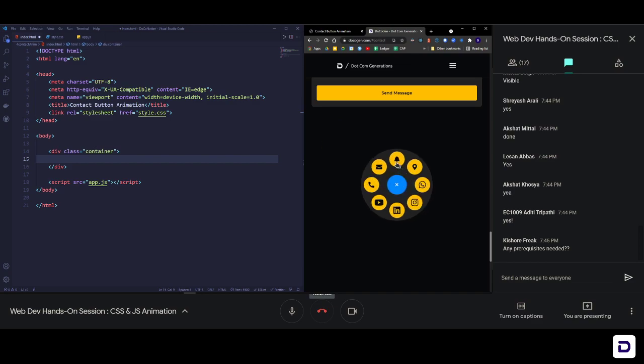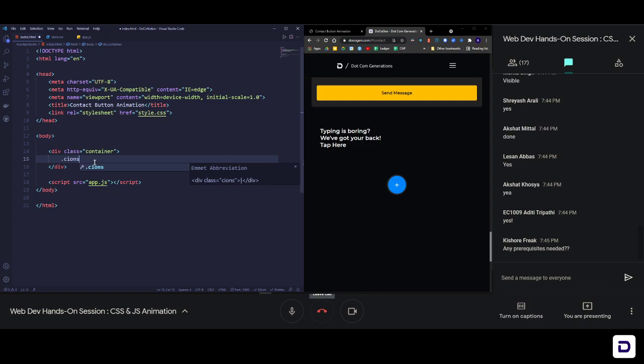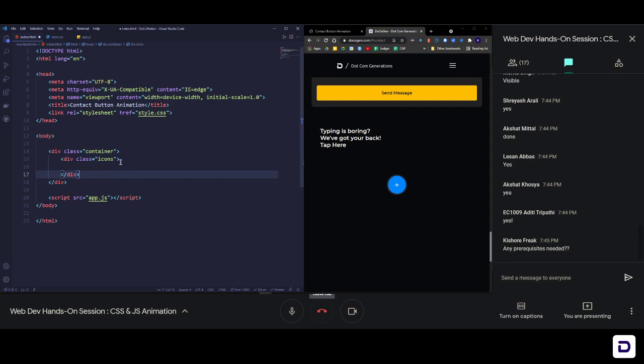We are going to call this the toggler or floating action button, like you have in Android. You can call it anything that you want. So let's call this background icons. I'm going to write dot icons and press tab, and it is going to create a div for me with the class of icons. These are just Emmet abbreviations that VS Code, or Visual Studio Code, provides us by default, and in other editors like Sublime Text you need to add a plugin for Emmet, and then you'll also be able to use this shortcut to create elements with different classes or IDs, whatever you want.